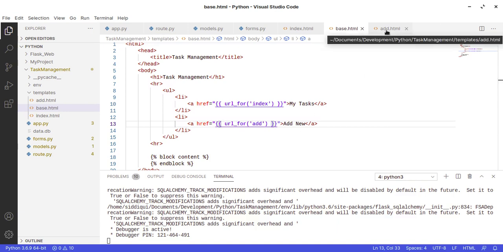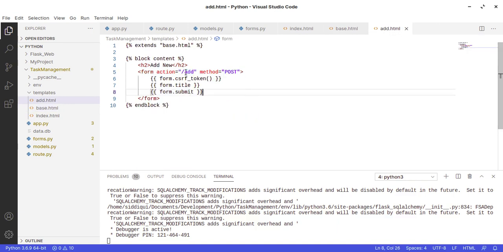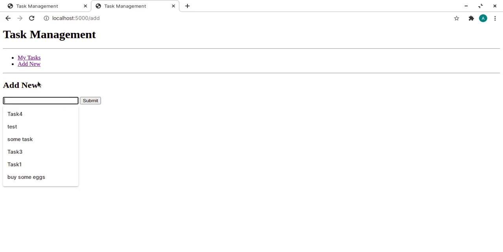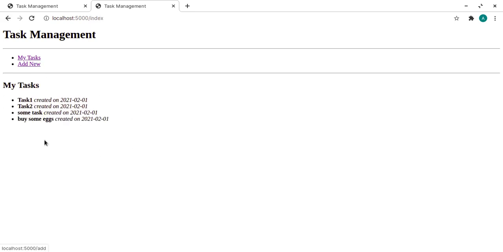And then the same here, we provide url_for add. Okay, that's fine. Now let's see. Actually, we don't see any changes here, because everything is fine. It's working, but now it's working with url_for.